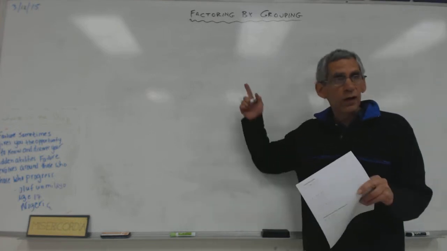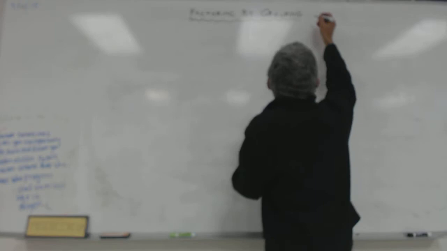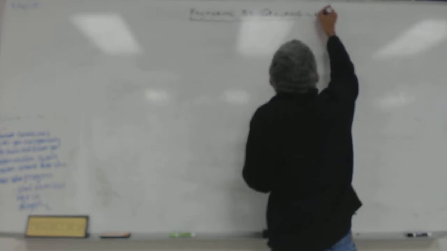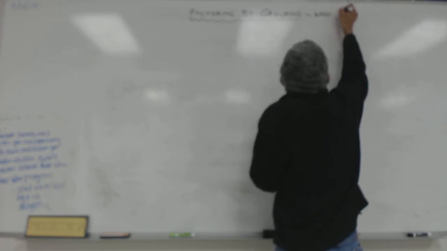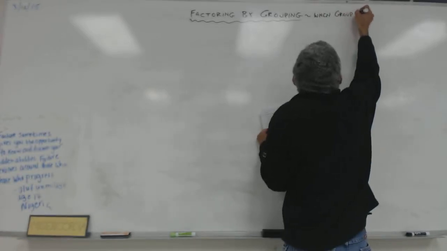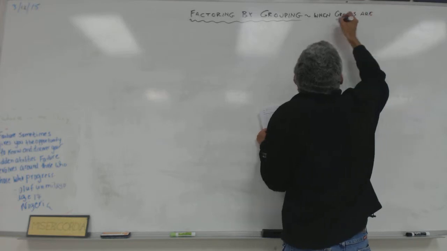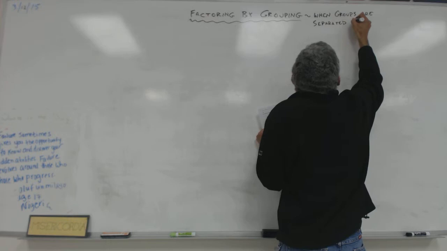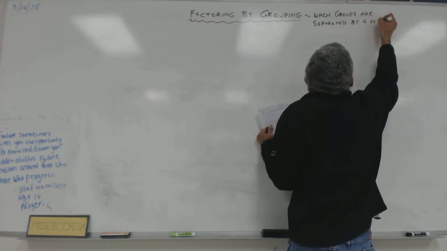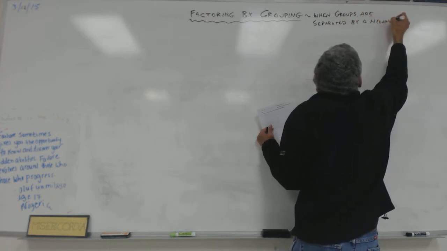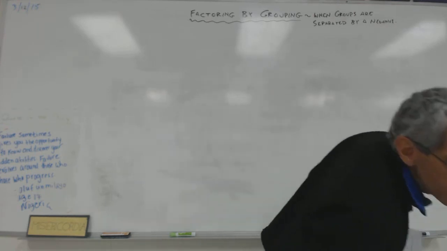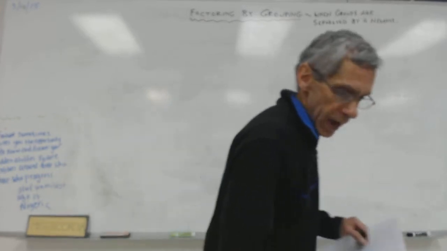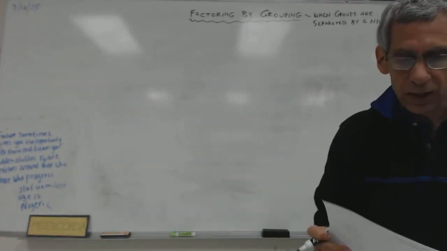All right. So we're continuing factoring by grouping, but we're going to do something different: we're going to look at what happens when groups are separated by a negative. Okay, that works. All right, so in the past, I gave you something like